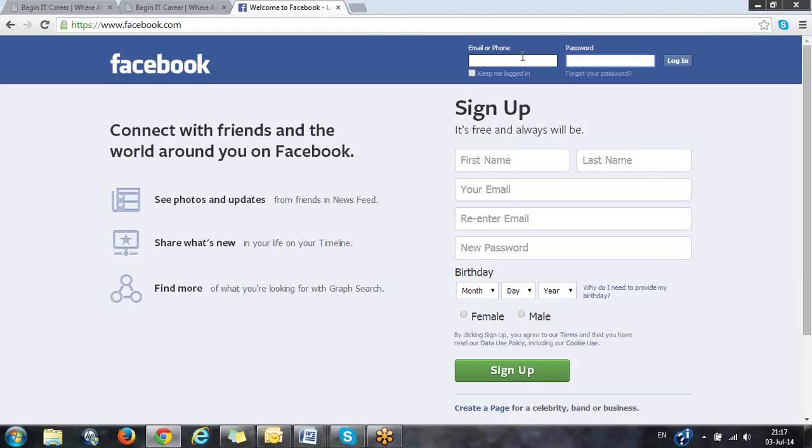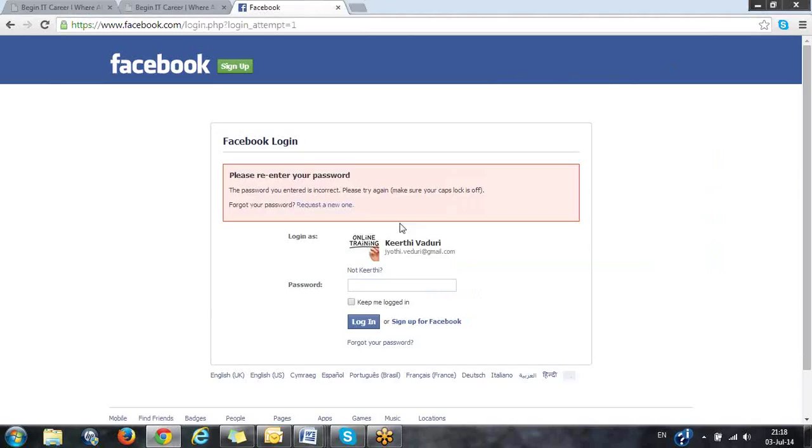So how is it checking whether you are an authenticated user or not? Whether your profile really exists in Facebook or not? Think of somebody who does not have a Facebook profile and is trying to log in here. What will happen? It will say the user doesn't exist, or your password is wrong. Suppose I give my username here, and then type something wrong and click login. It says that your password is wrong or there is some mistake. So how does the system actually know that I typed a wrong password? Have you ever understood these kinds of things?